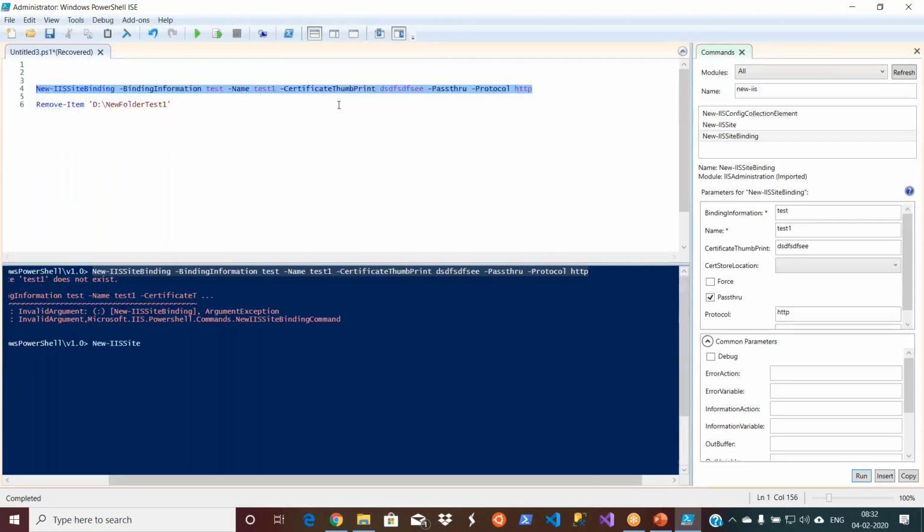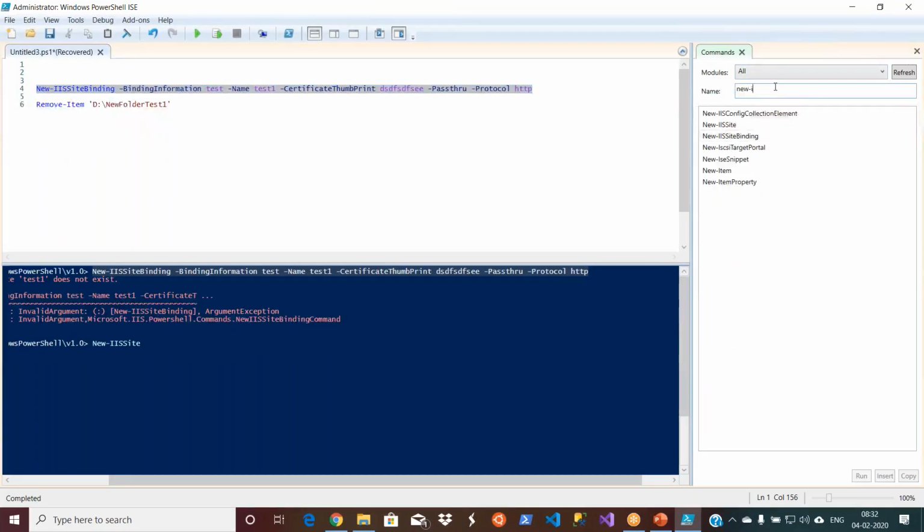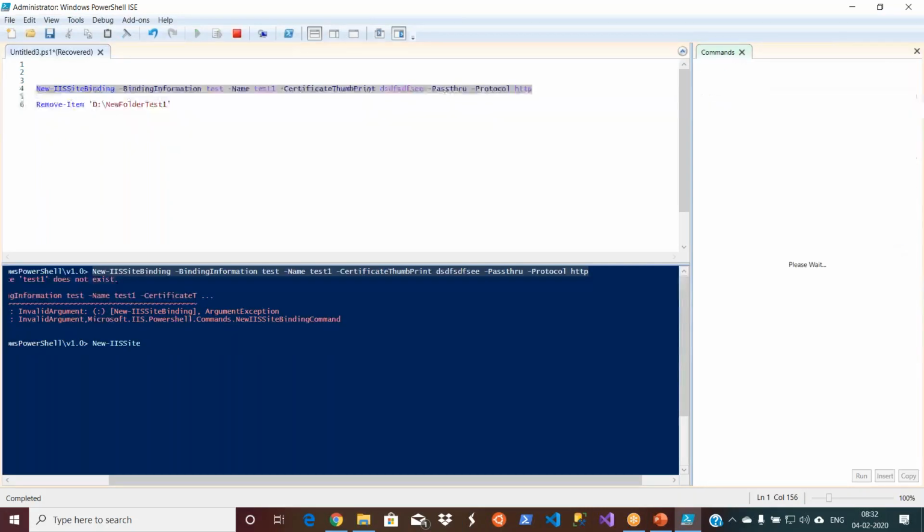If you don't know what switches you need to use, the easiest way is to go to your command palette, search for your command, for example New Item, double click, and then show details.